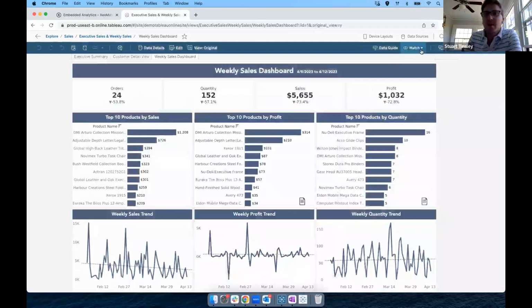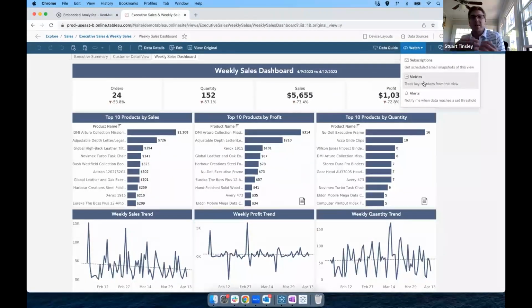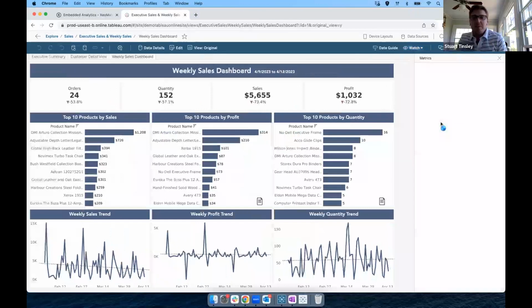Let's talk about metrics. So metrics in Tableau allow you to track key numbers from your dashboards and reports. So a good example might be from my weekly sales dashboard. I might want to track my sales. Let's take that sheet. So all we have to do is select a mark on our view to create that